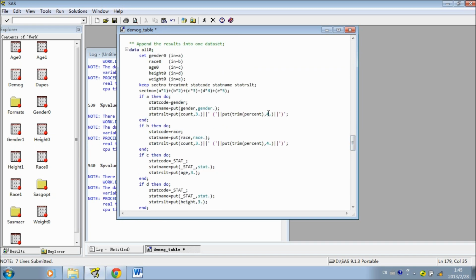And then I append the results into one dataset called ALL0. I use the set statement to read all the observations. Here we should know how the set statement works and how the program data vector works in SAS under the screen. Here I also create an indicator variable called